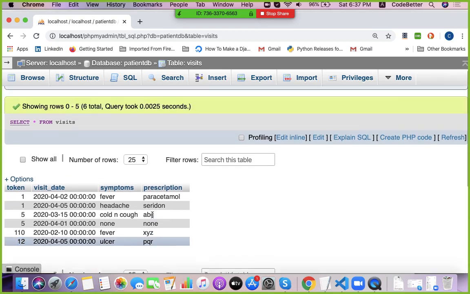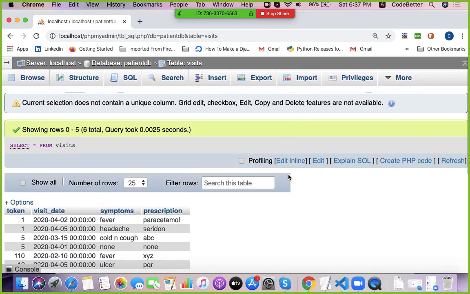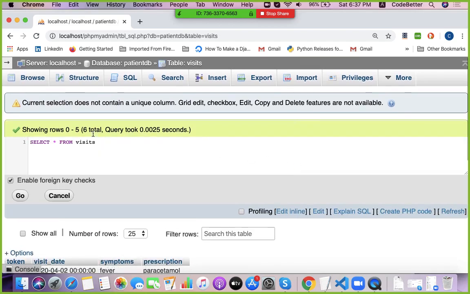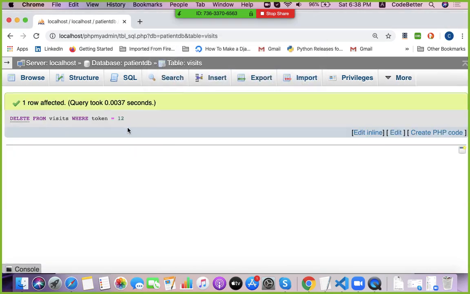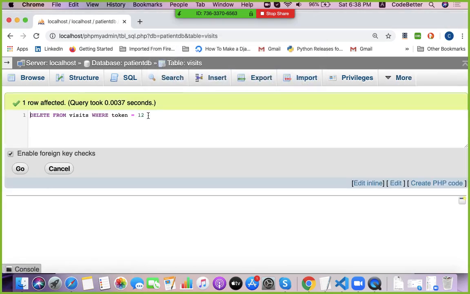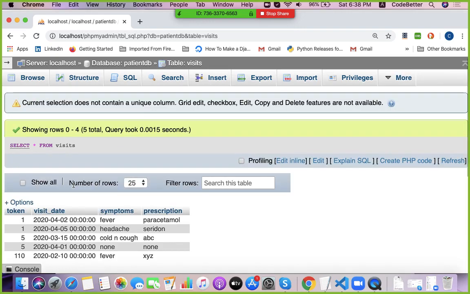So first we delete the row whose token number is 12. Let us delete this row. Delete from visit where token equal to 12. Okay, so I have deleted that row.